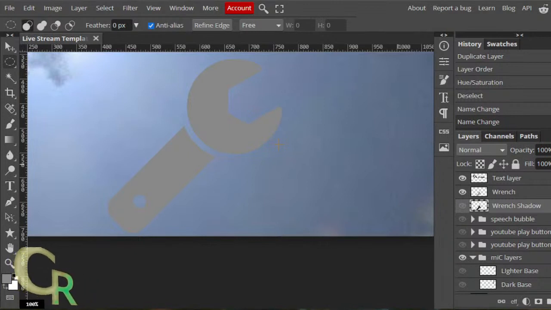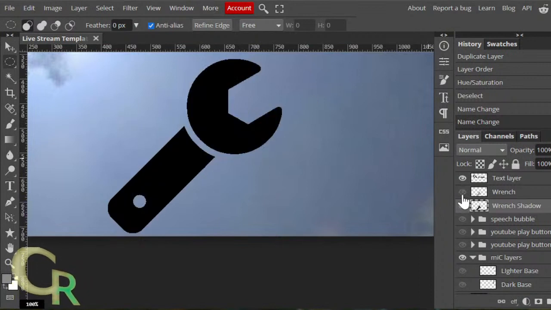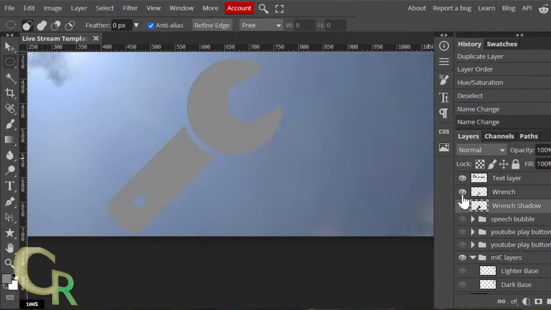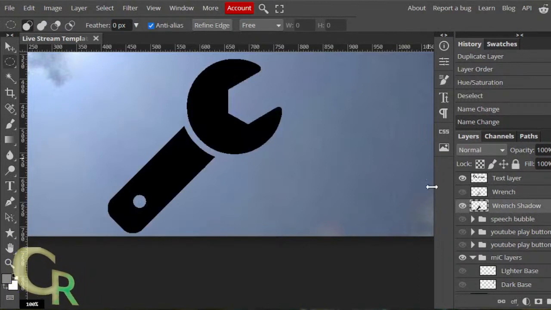Let me see here. I'll keep the original wrench together, but the shadow one I'll separate into both of them.